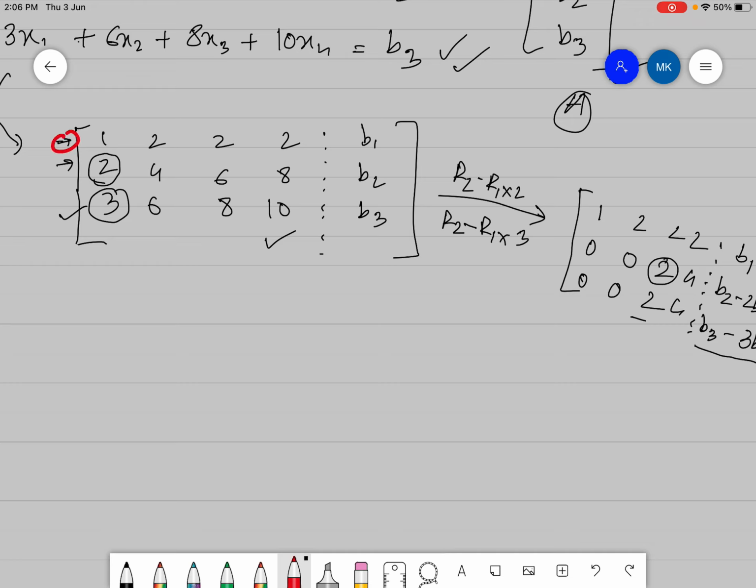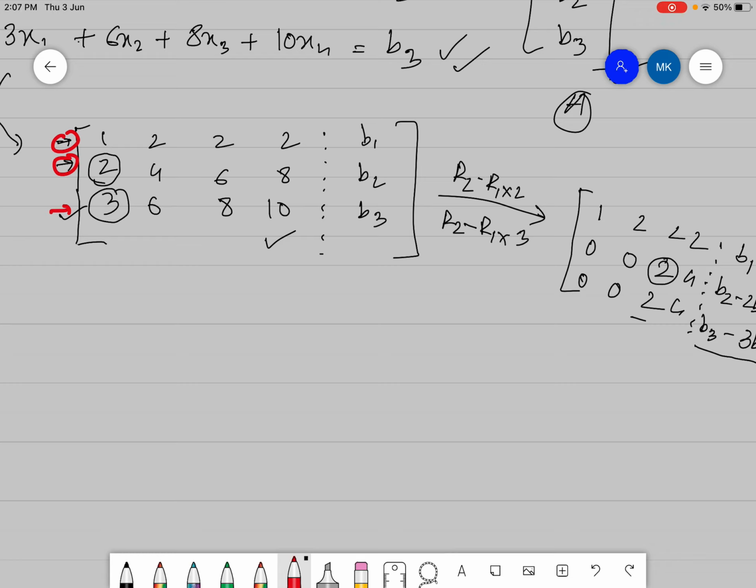Row 1 and row 2, if you add these two rows, you will get the third row. So if a combination of rows of A gives you a 0 row, then the same combination of the entries of B must give you 0. And if it gives you some other values than 0, then you'll have to maintain the same ratio or the same combination for the entries of B as well. Okay,